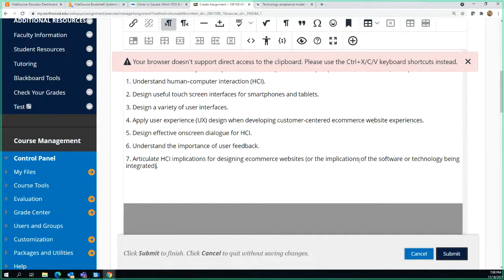So the implication being, well, if I'm integrating technology and it requires training, am I training the whole group at once or am I training a trainer? And if I'm training a trainer, is that their only job? Are they going to be training everybody, or is that trainer going to train two people? You see what I'm saying? It's almost a never-ending thing.